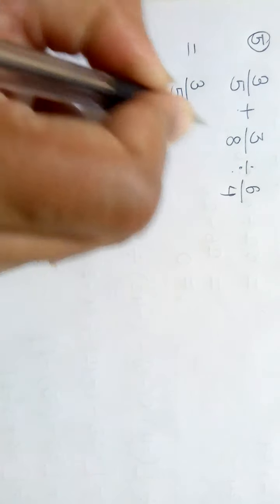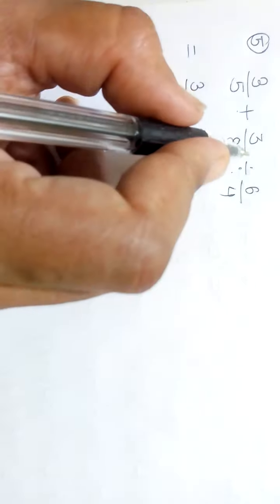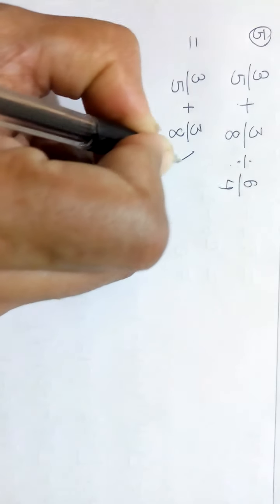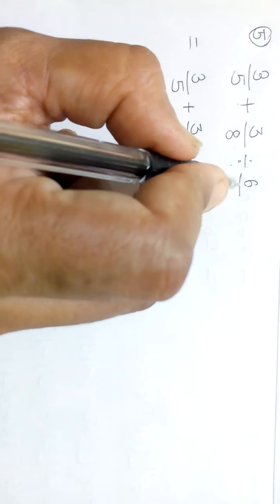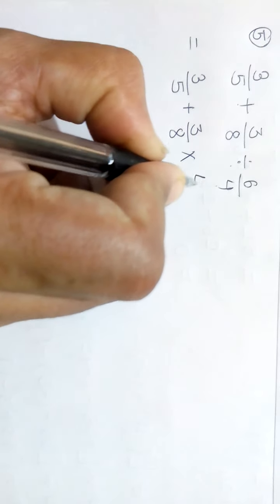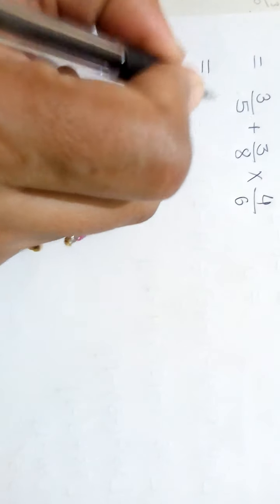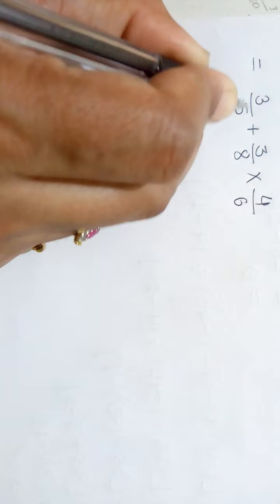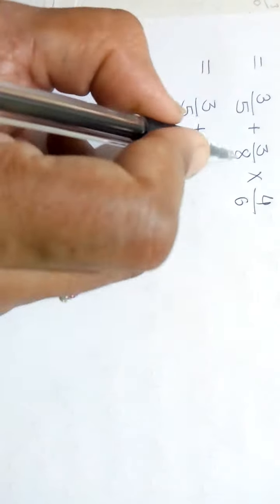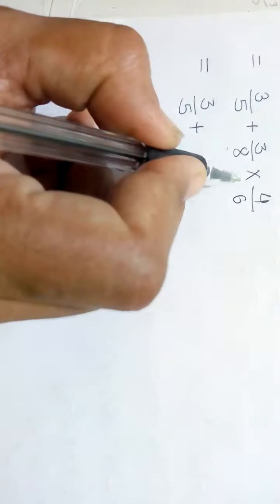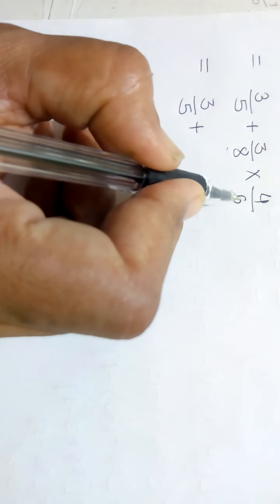So here plus sign. First fraction, how to do division of fraction, that you know. In division of fraction, first fraction as it is we will write, then take here multiplication sign, reciprocal of second fraction. So 6 upon 4's reciprocal is 4 upon 6. Then again first fraction, this one as it is we will write, because we are not going to do addition now. Addition sign here. We are solving only this last division. Now 3 upon 8 multiplied by 4 upon 6 we will do.